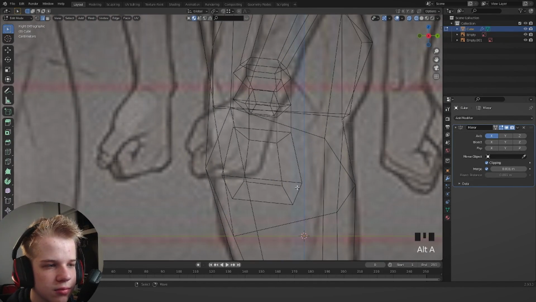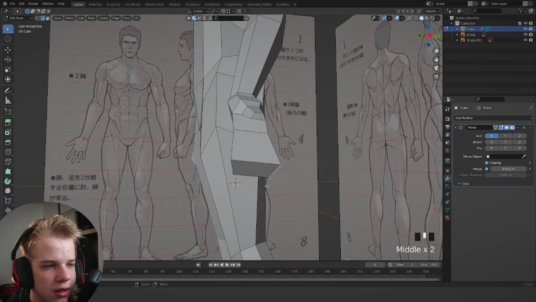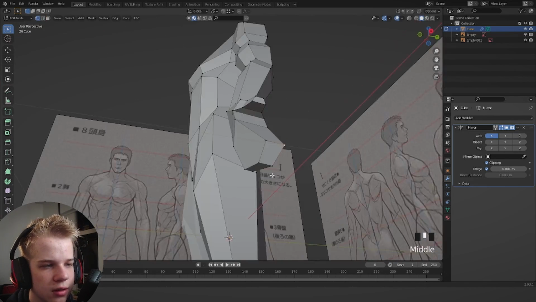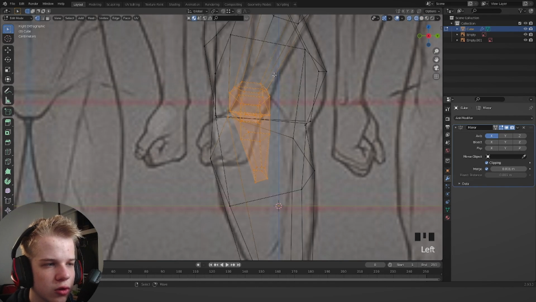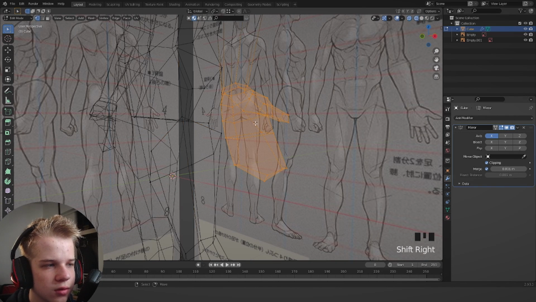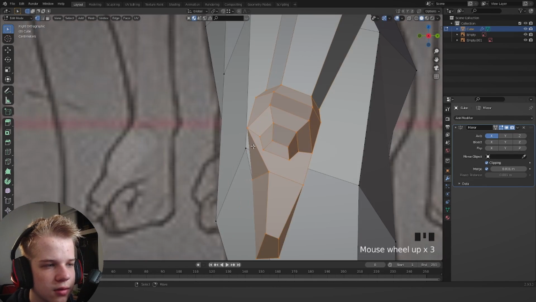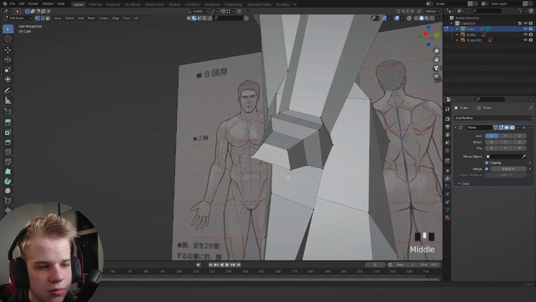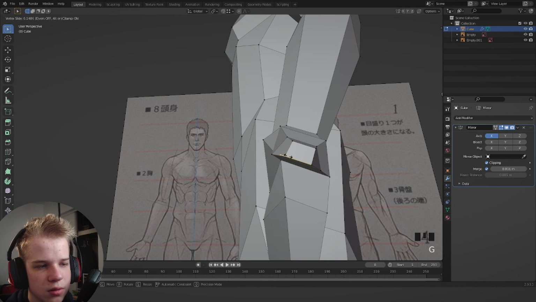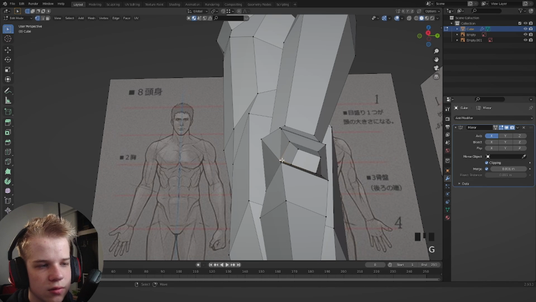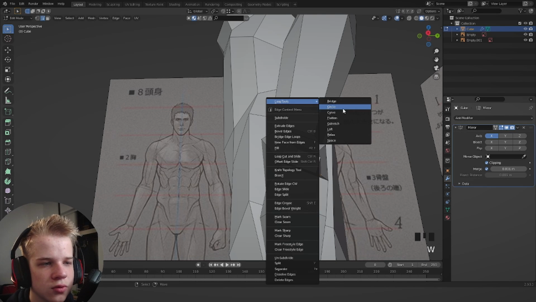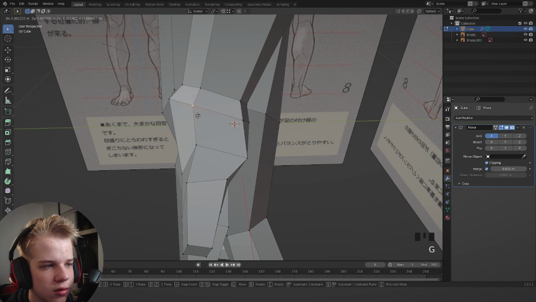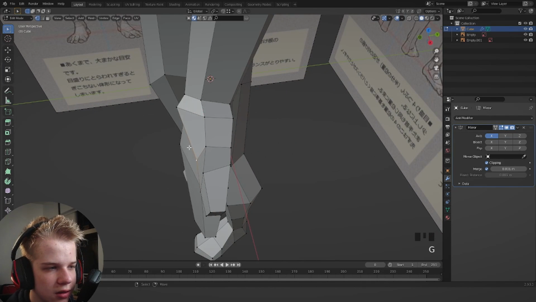Okay. And then that means we just have to flatten this out a bit here. Let's select these two, G to edge slide, G to edge slide. So this whole hand is going to want to rotate like that. So there. Let's just get this shape right. There. So we're just going to edge slide this to make it a square or rectangle, whatever. You can just do this, just leave tools, circle, and we'll make it into a square there. So let's just put that there, drag that in,